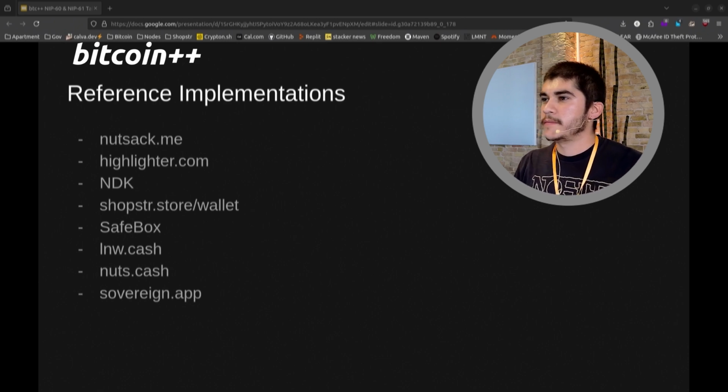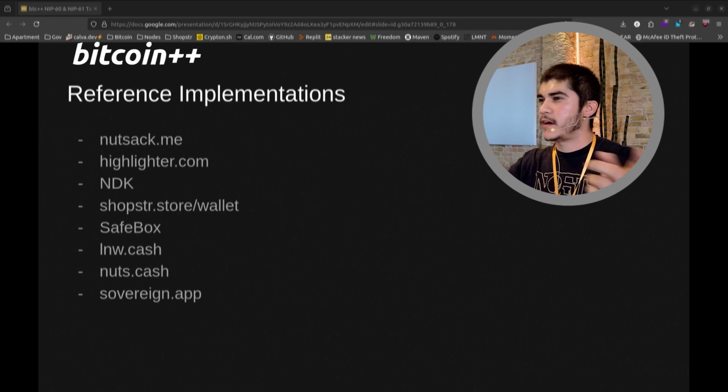The only two that I'm aware of that fully use it in production are Nutsack, which can be a bit buggy, and SatShoot, which actually works pretty seamlessly. We had a little hack day on Wednesday that showed off a few different projects, and on SatShoot, one of the ways to finalize payment is actually using the public Nutzap. So yeah, it's pretty cool.